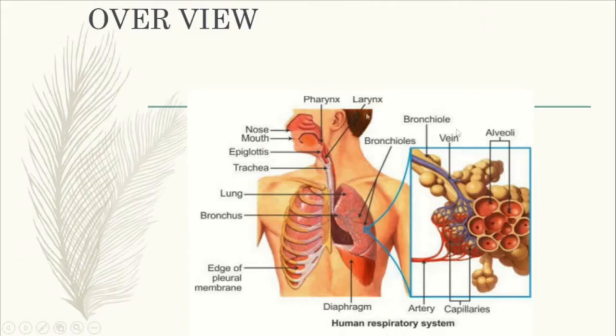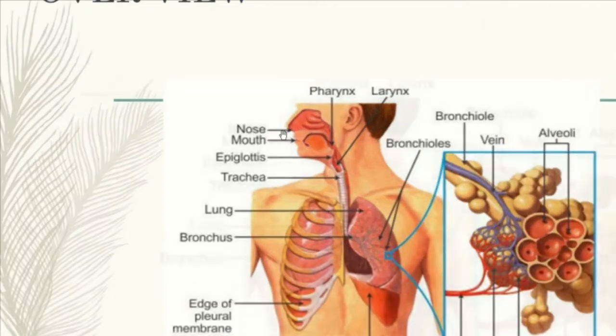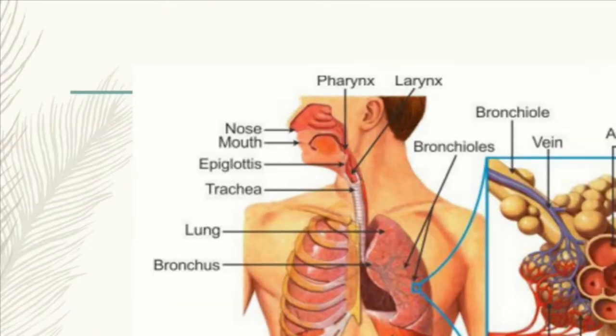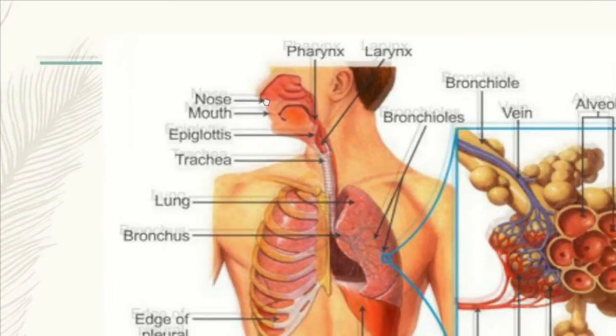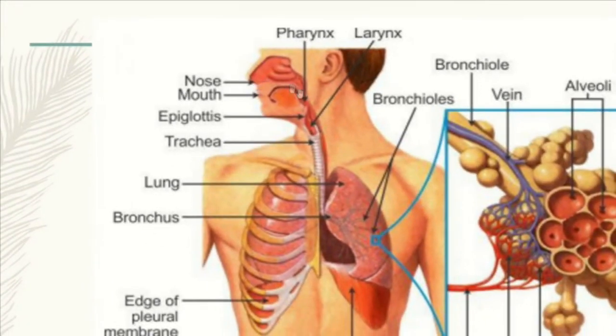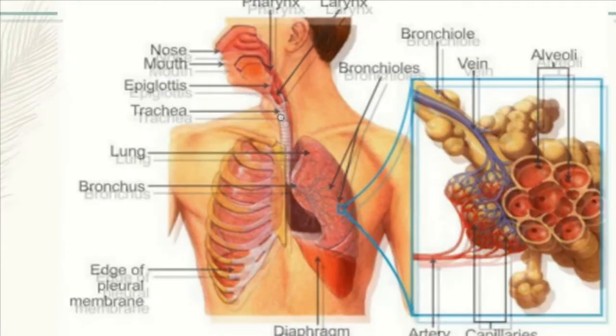So here we have to discuss the first picture. We have a nose, mouth, epiglottis. But actually, the nose and epiglottis are part of your gastrointestinal tract. However, they only have one pathway so they belong to the respiratory system. Then, we have the pharynx, larynx, trachea, and you just have to note that larynx is part of the respiratory